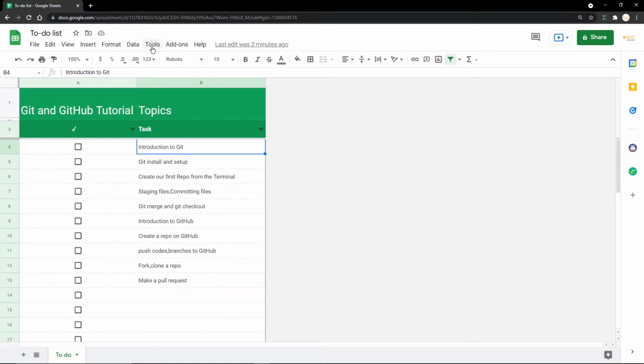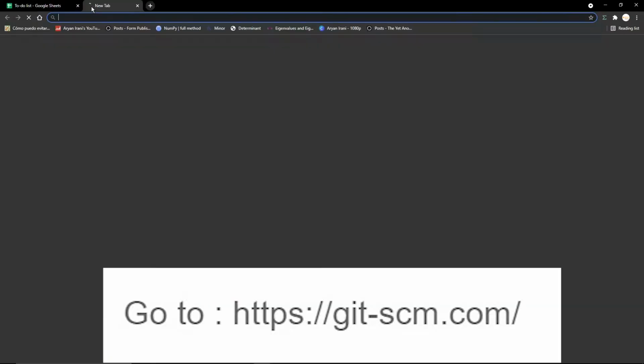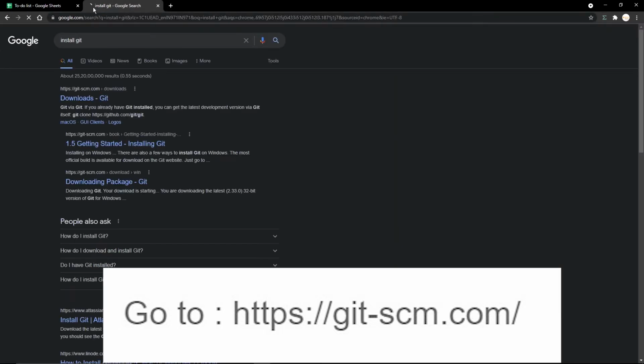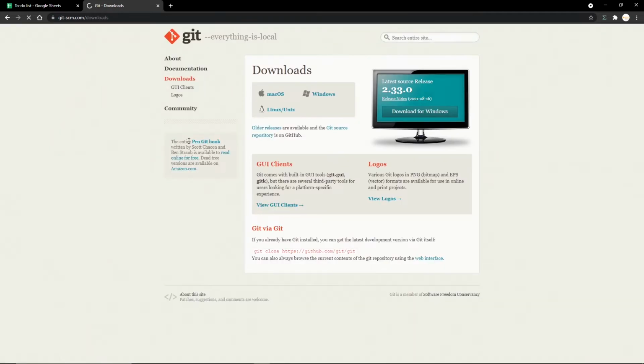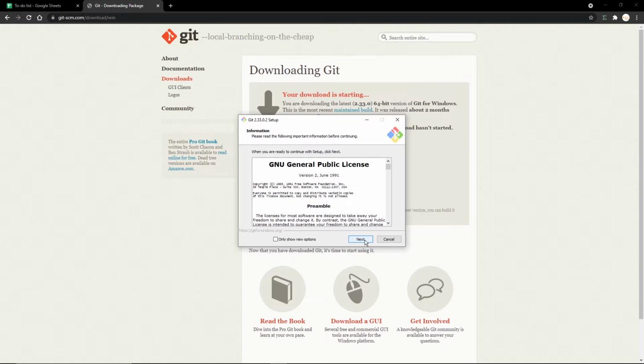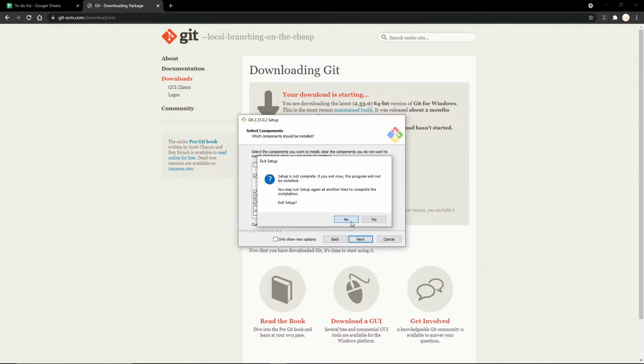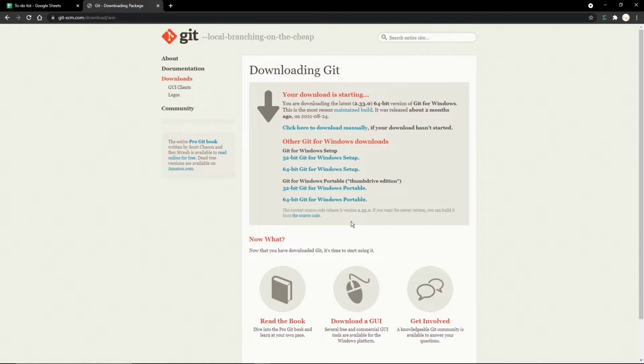Now we're going to be going ahead and installing Git. So I'm just going to go to a new tab, and you can just type in install Git. You go here, you can see this one. I already have Git downloaded. If you have Mac OS, Windows, Linux, or Unix, it's going to detect it automatically, and just click on download. Then you just need to keep on clicking next and next, and in the end you will have an option that says install Git. After that, your Git will be successfully installed.